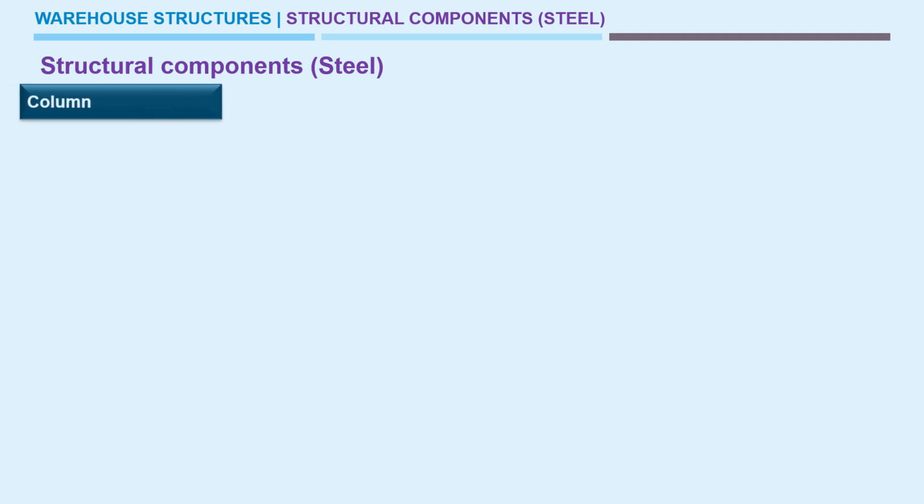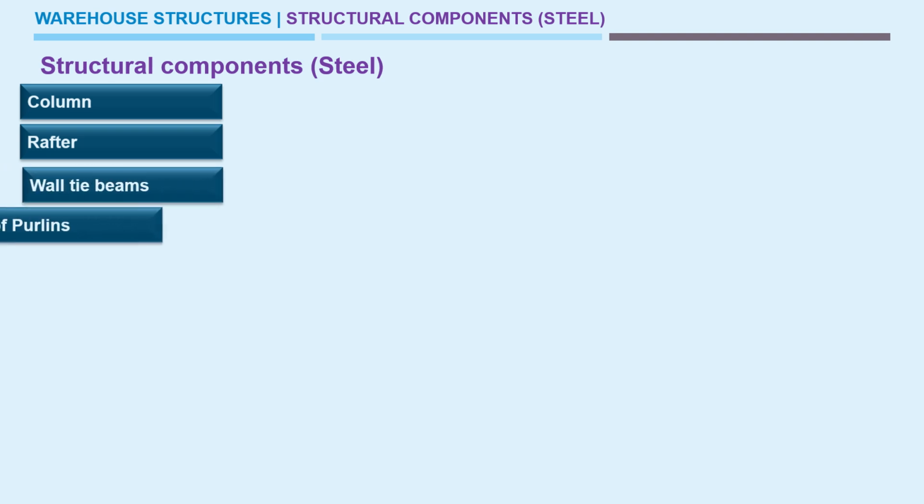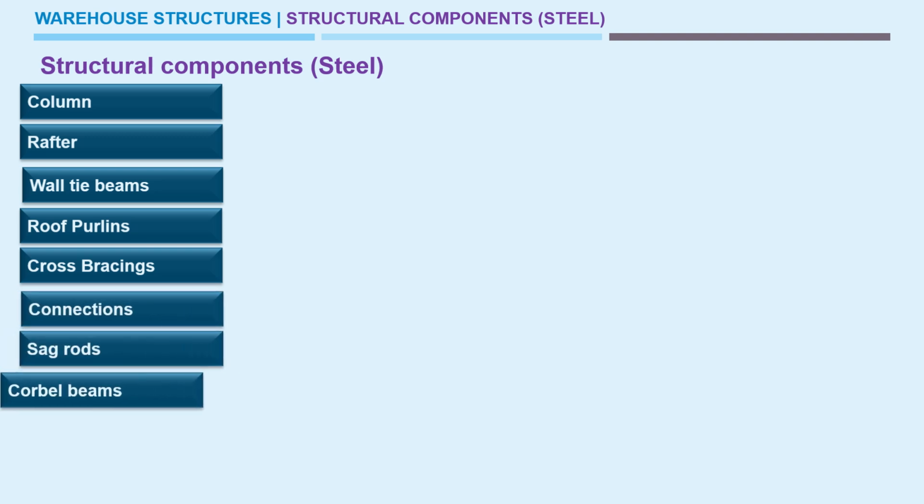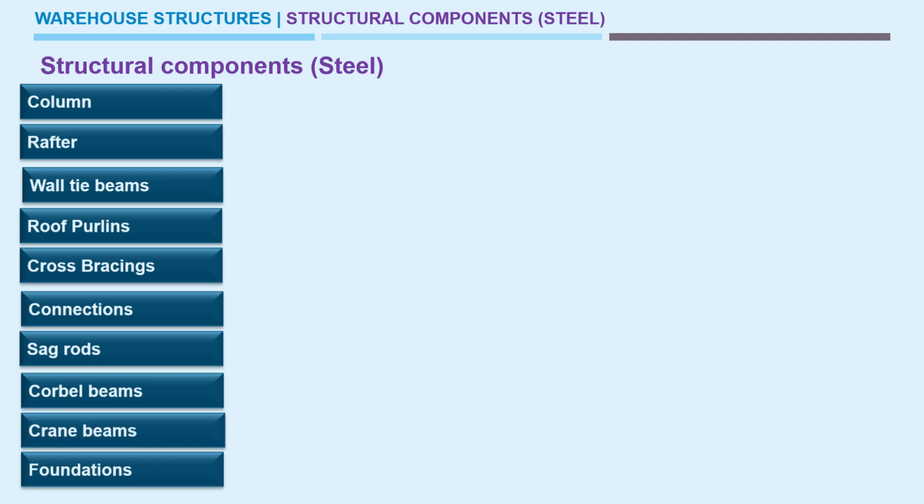So first it starts with a column, followed by rafter, wall tie beams, roof purlins, cross bracings, connections, sag rods, corbel beams, crane beams, and finally the foundations. So here the major 9 structural components are listed. The structural components are not limited to these 9; there are also several other structural components which may be missed in this list. Those can be decided according to the structural